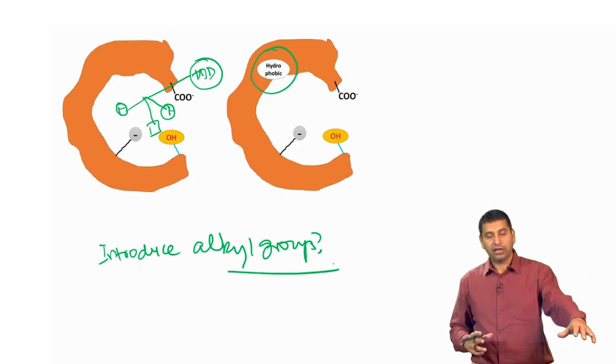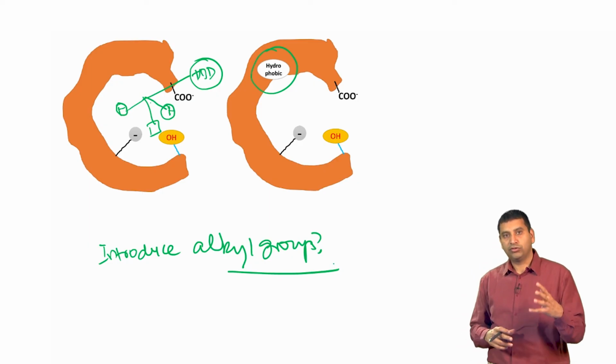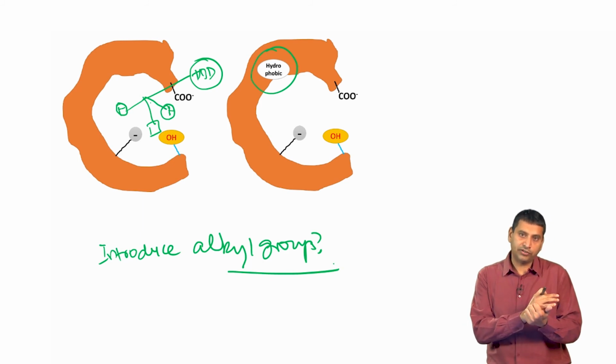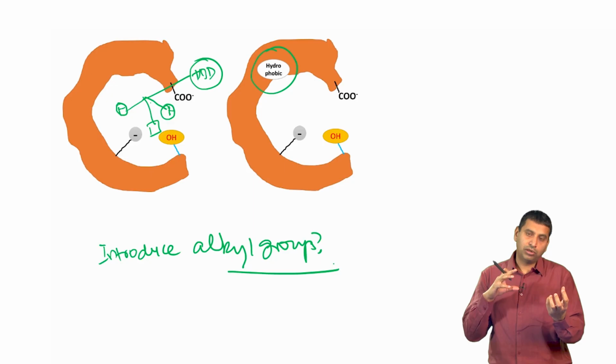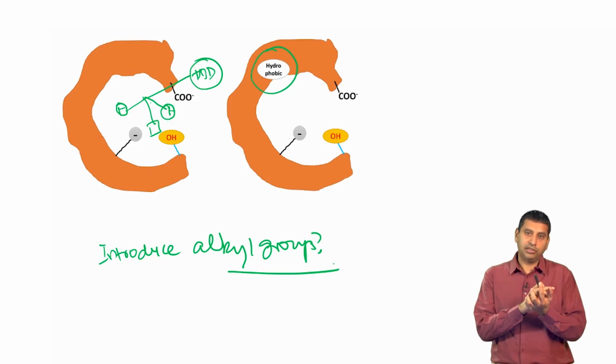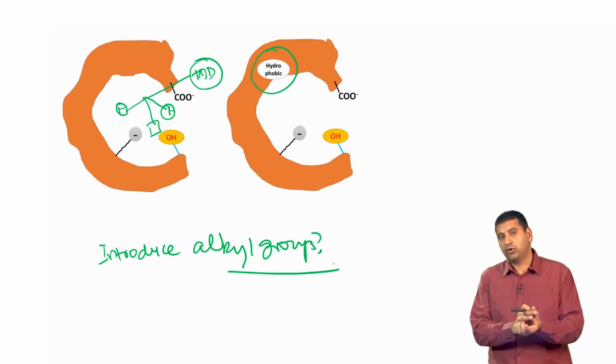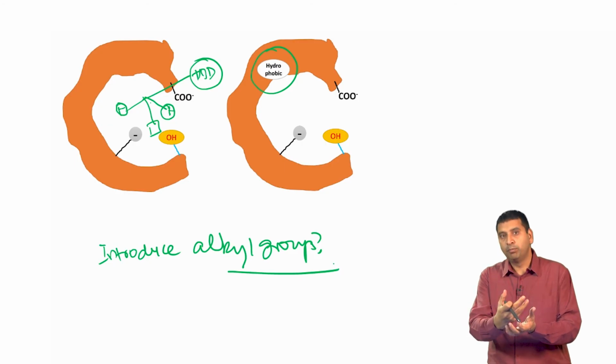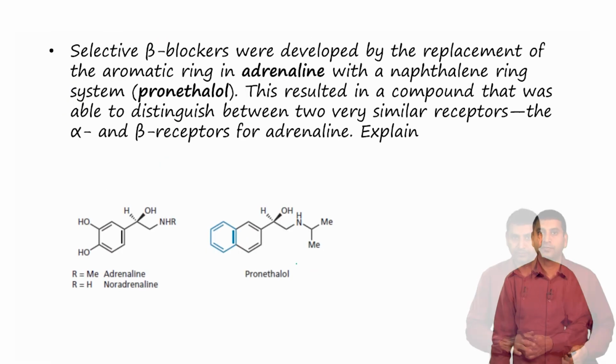So, by introducing alkyl groups, what we can do is to sample for this hydrophobic interaction. Since the alkyl groups are involved in hydrophobic interactions, we would be able to improve the binding with this receptor. So, this is called an extension strategy, and it works by trying to improve the activity or improve the number of bindings that we can achieve.